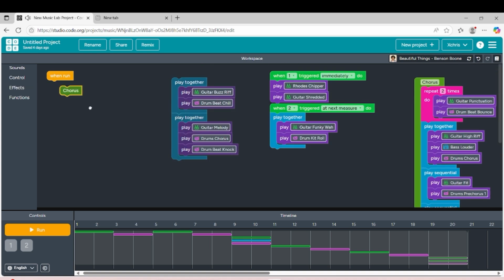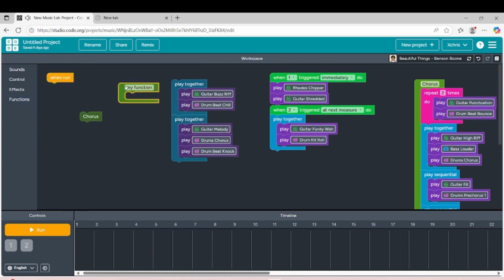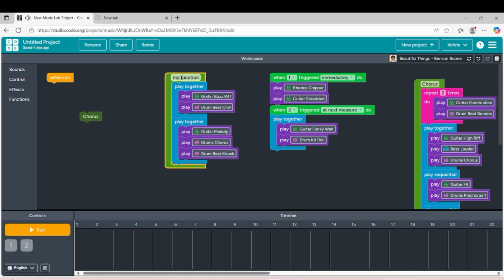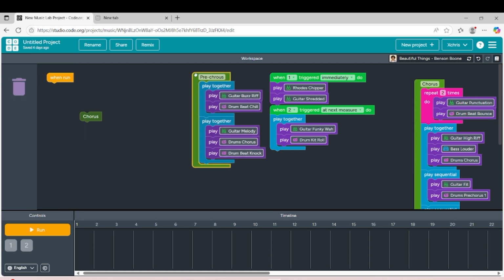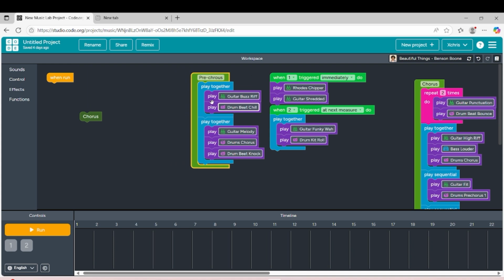So let's say this is the chorus, and let's grab another one and put it inside here, and let's say this is the pre-chorus. Now that is the pre-chorus that we want. So all of this inside will be in here.